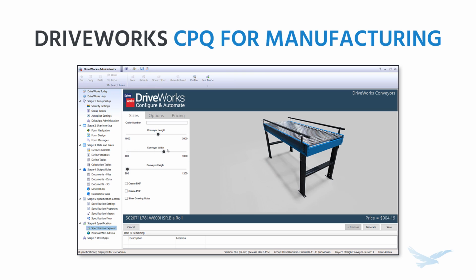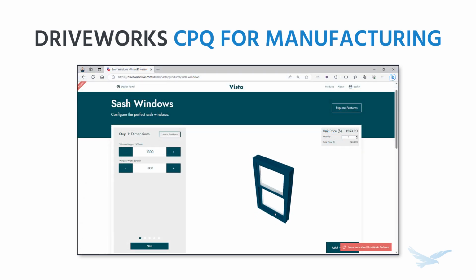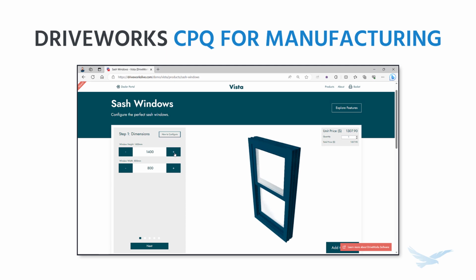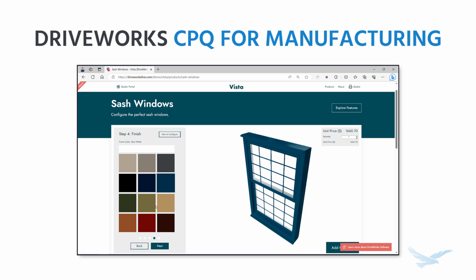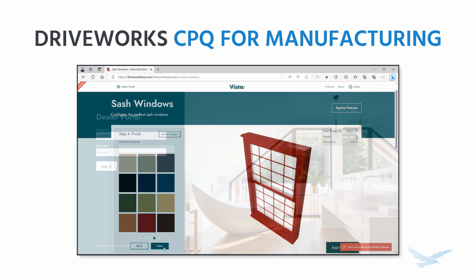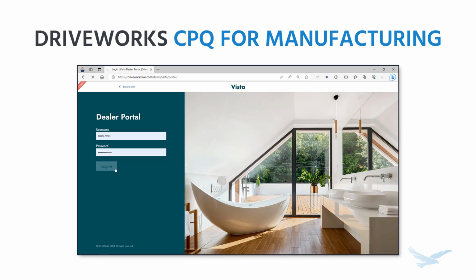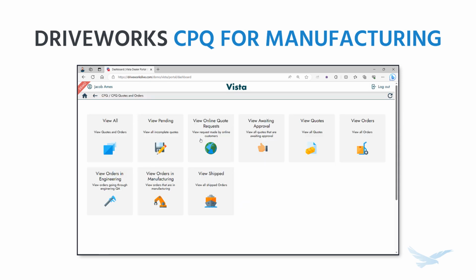from start to finish. The simplicity of rules-based configurators in DriveWorks Professional enables sales representatives, marketing team members, dealers, or even customers themselves to generate new designs on demand, along with all required documentation, while guaranteeing engineering accuracy and inventory availability. Powerful extensions such as DriveWorks Live allow configurators to be embedded online for use internally, publicly, or both, and the CPQ Drive app provides a customizable administration command center for monitoring and managing the status of quotes, orders, accounts,